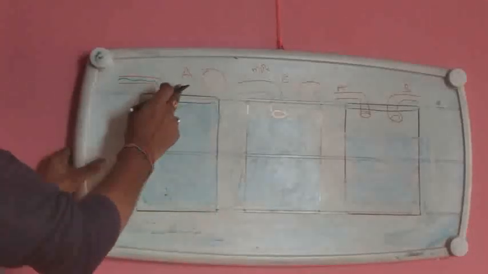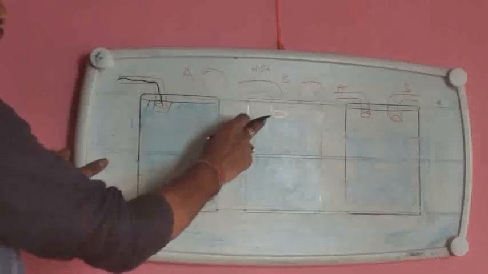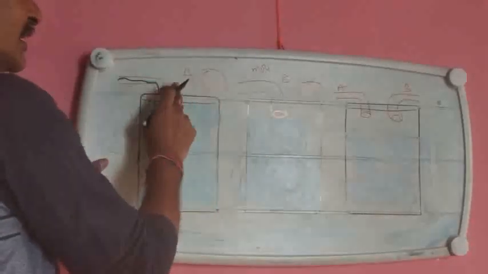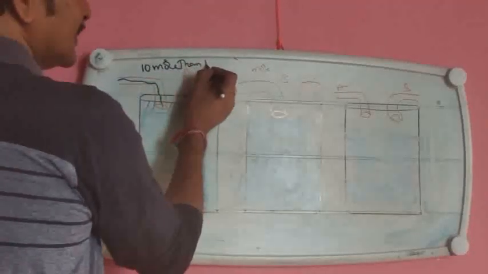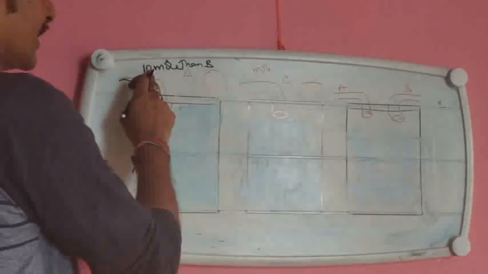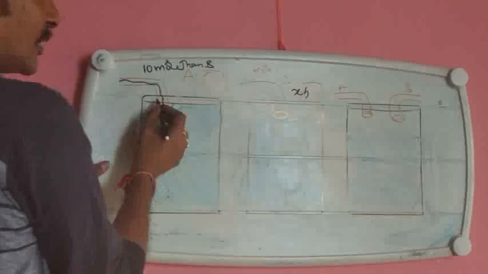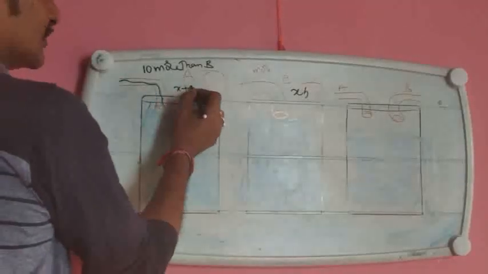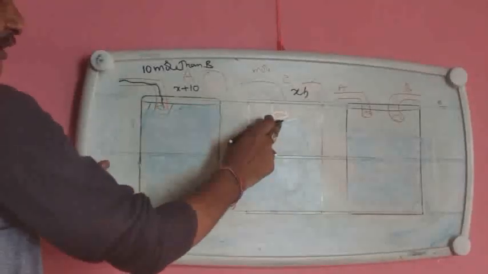Okay children, here we will see one more example. Tap A has a smaller diameter than tap B. The difference in timings of both taps is that A takes 10 hours more than tap B. This means the area of cross section of B is more than that of A. So let us take B as x hours. Then A is x plus 10 hours. This one has a smaller radius, and this one has a bigger radius.